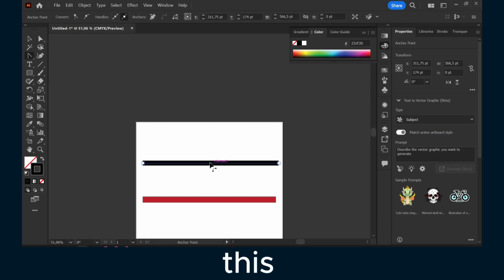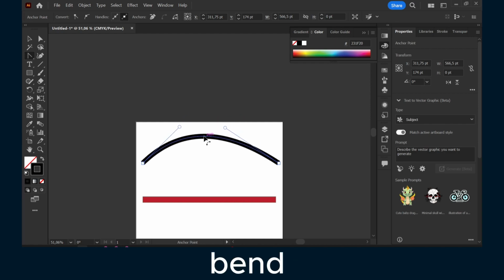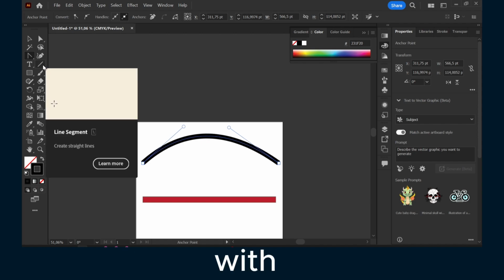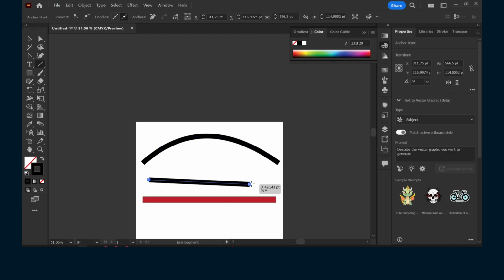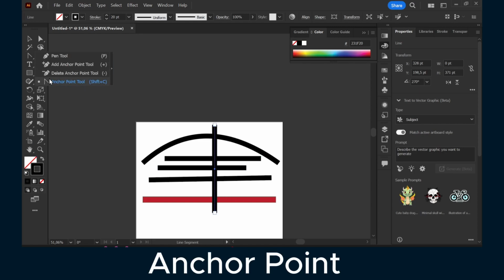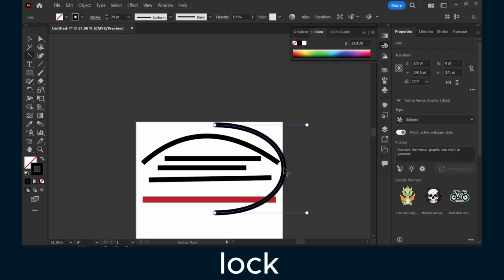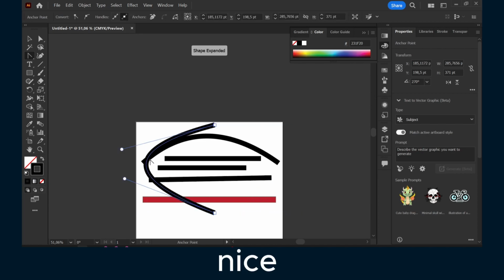Now click on this. If you move your cursor right in the middle and you grab, now you can bend this line, and you create this line with the line segment. You hold shift so you can lock this, and with the anchor point tool you can bend now, and if you hold shift this will lock in, which will give you a really nice shape,